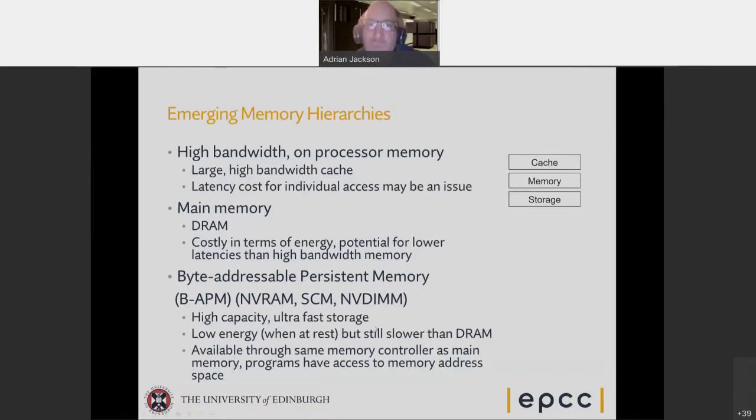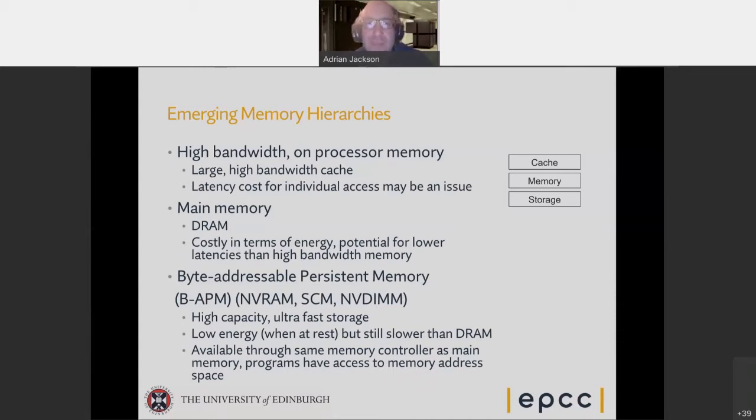And actually, the work that we did here came out of a previous European-funded research project, where we were looking at how you could use new memory technologies to improve high-performance computation and data analytics and machine learning, particularly looking at what's happening with memory technologies across a range of applications. And what we see nowadays is actually that memory technologies for high-performance computing are becoming more varied and more